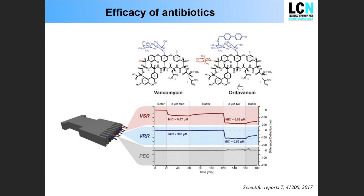So if we compare this new drug, oritavancin, with the existing last line of defense antibiotic called vancomycin, you can see the binding pocket is almost similar in both drugs, but the side group over here is different. Now, this particular antibiotic was tried on 2 types of strains of bacterium. One was a vancomycin susceptible target and the other a vancomycin resistant target. And as it was expected, vancomycin